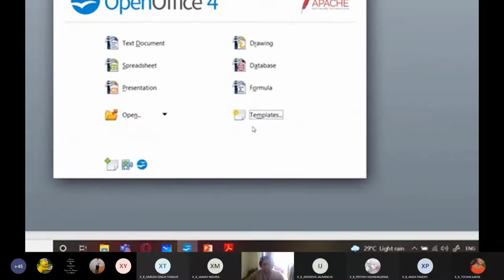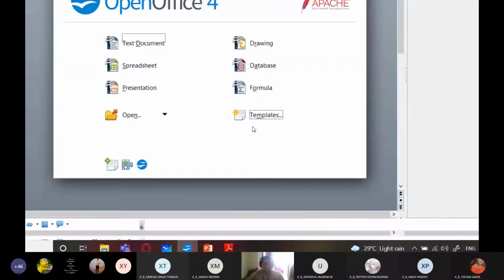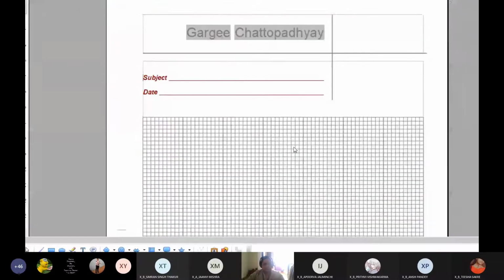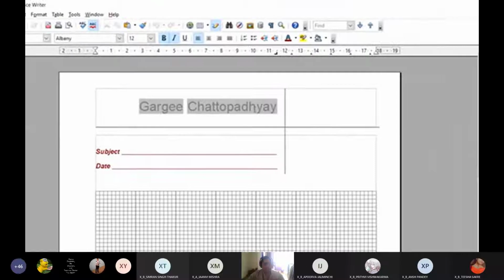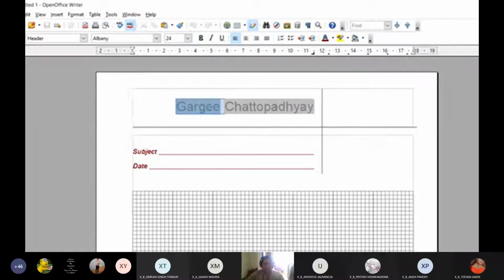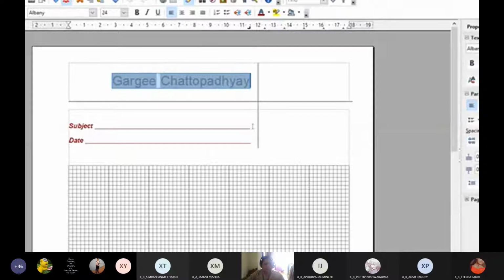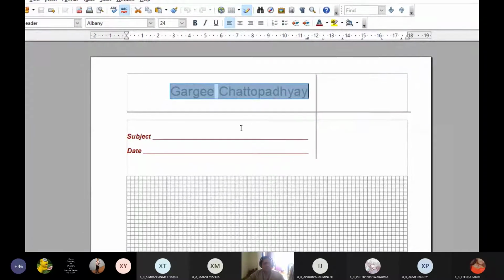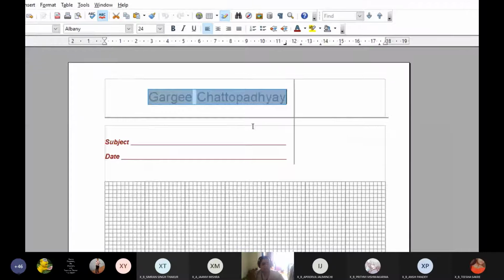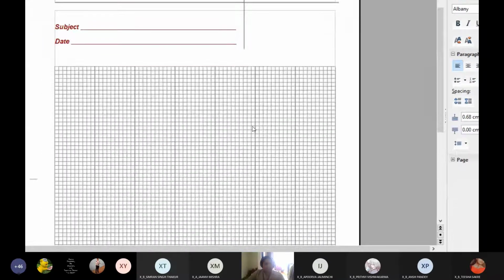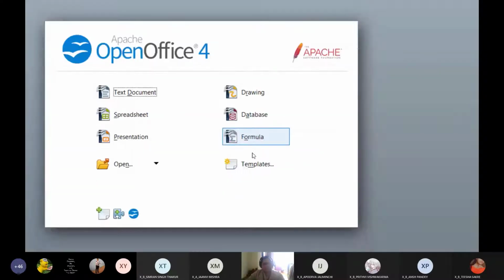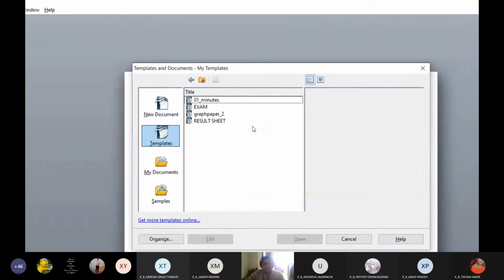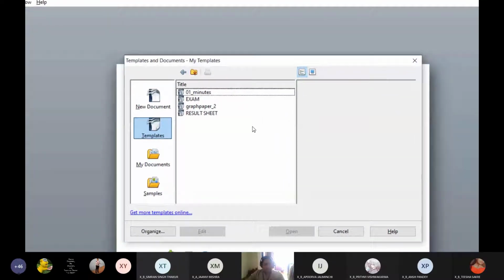I'm going to open it. So this is the graph paper template which you can see, right? You can also create a very simple outlook, as you can see, and it also takes the name of the publisher of the document. That is usually fixed by the software, so I'll let you know later. Okay, these are templates which are downloaded from the internet, so you can also download these templates. So right now we will try creating a template.